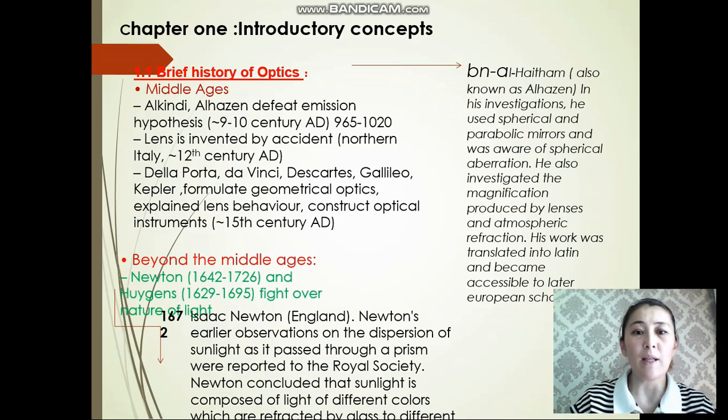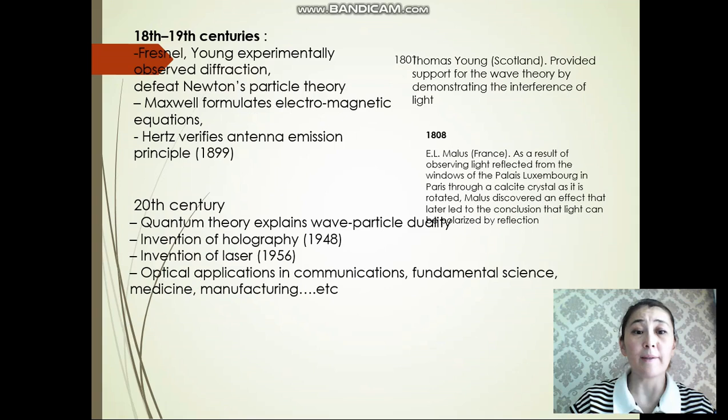Delaporte, Da Vinci, Descartes, Galileo, and Kepler formulated geometrical optics, explained lens behavior, and constructed optical instruments. Beyond the Middle Ages, Newton and Huygens fought over the nature of light. In the 18th-19th centuries, Fresnel and Young experimentally observed diffraction, defeating Newton's particle theory, Maxwell formulated the electromagnetic equations, and Hertz verified the antenna